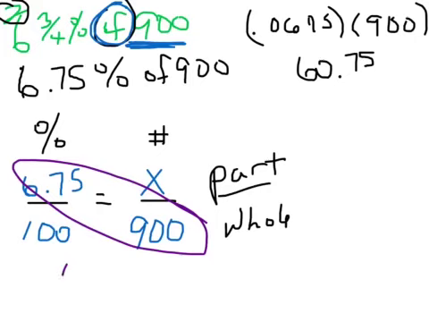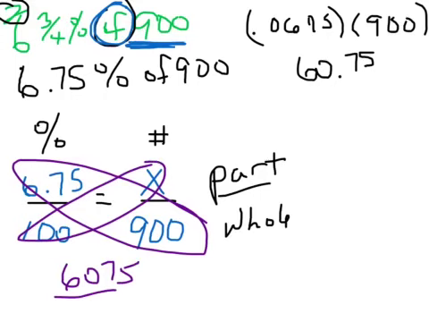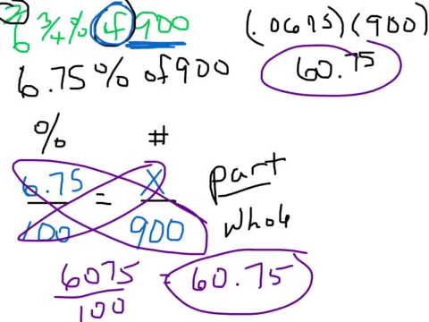And you get 60.75, and then you divide by the thing across from the unknown, so we'll divide by 100. And dividing by 100 just moves the decimal place over two spaces to the left, so you get 60.75. And if you look, our answers match no matter which method we chose. Okay? 36 is what percent